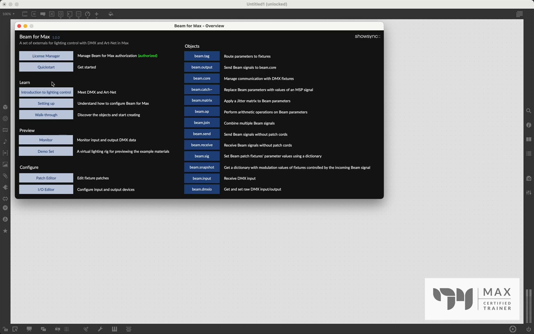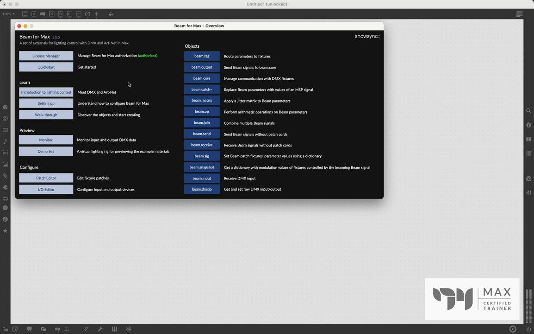There's also all of these links right here for learning about how lights work. What is DMX? What is ArtNet? If you don't know anything about lights at all, if I said the word DMX and you have no idea what I'm talking about, I definitely recommend reading up on these first before really getting into anything. It'll make your life so much easier once you understand the terminology that is used to talk about lighting and